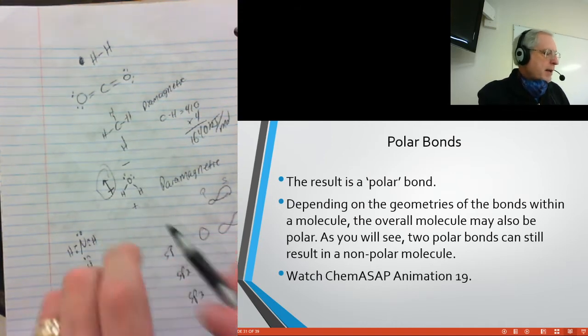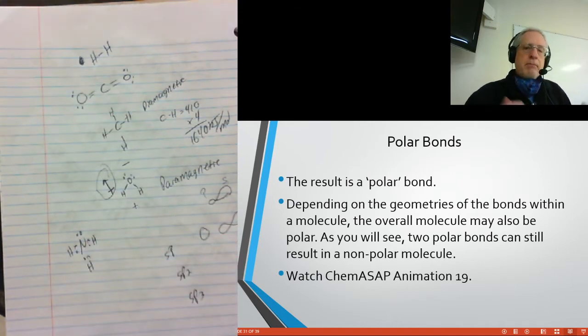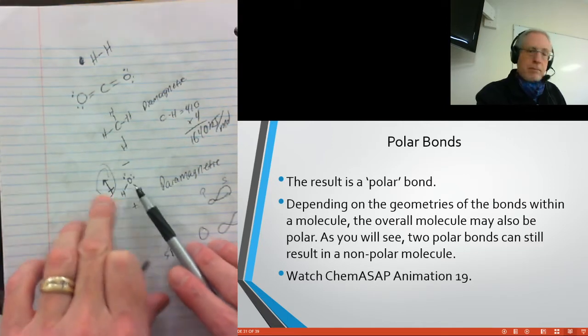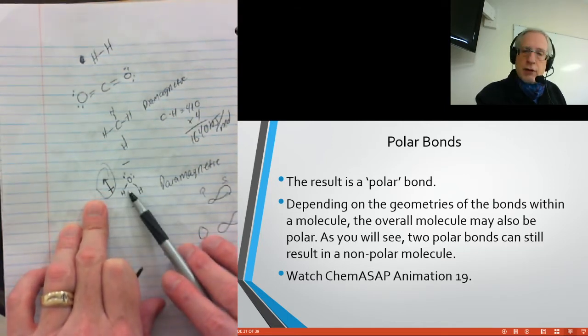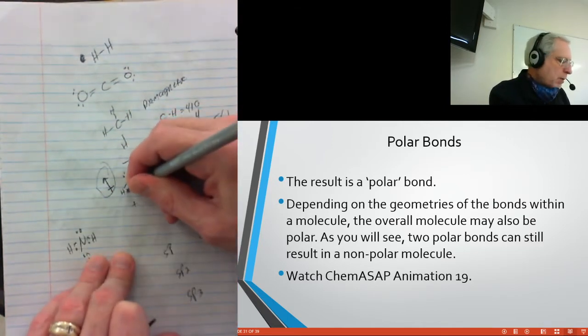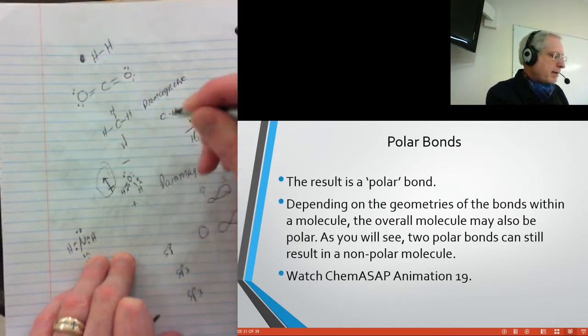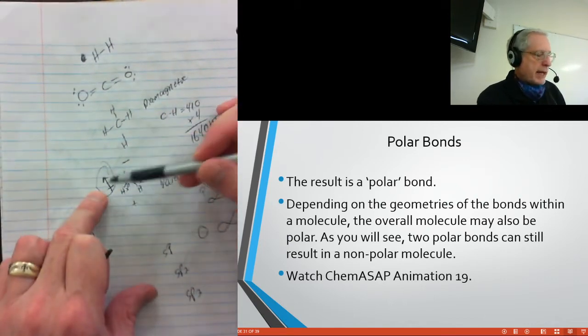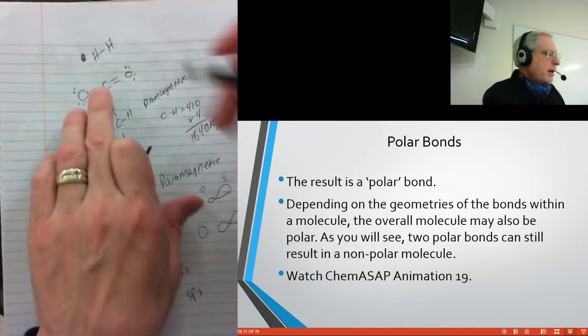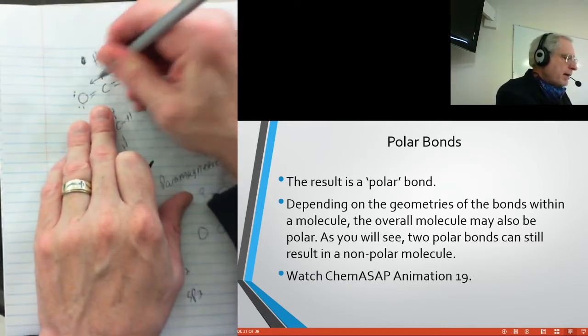Now, I also want you to understand that polar bonds does not mean polar molecule. Water is a polar molecule because of the structure of water. I have a polar bond here, and I have a polar bond here. And if I add these two polar bonds together, I get an overall polarity. But here, with carbon dioxide,